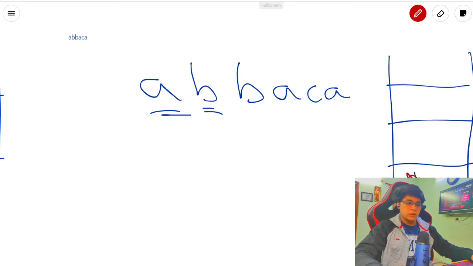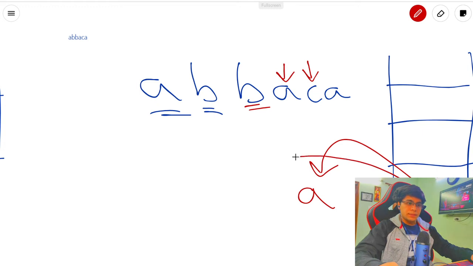So just a is there. Then I reached here, a again. I can see a is the same as the top element of the stack, so rather than pushing it, I will remove this a also. Then I will go to c. I can see c is not the same as the top element in the stack, so I can push c over here. Then I have a, I can push a over here, and then I just have to pop all these elements. I will pop a, then I will pop c, and this would be my answer.